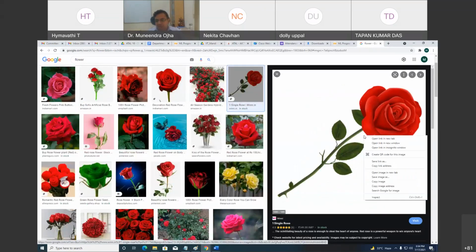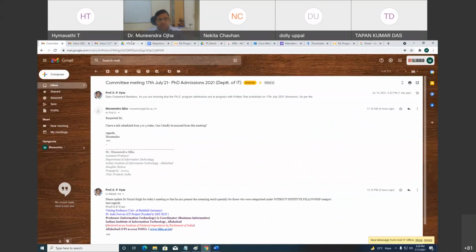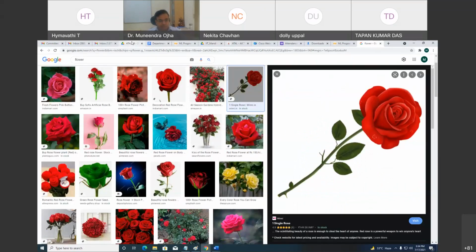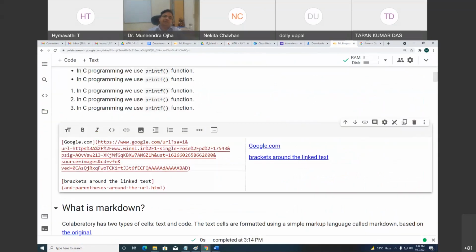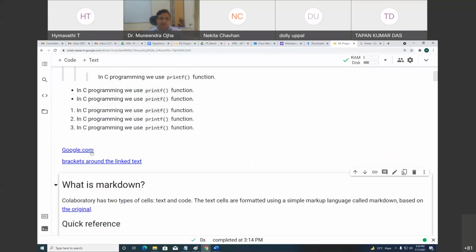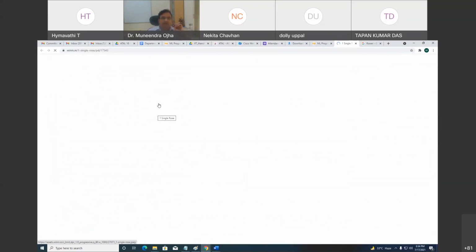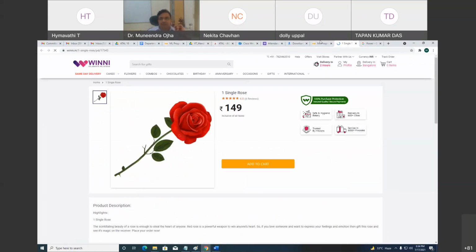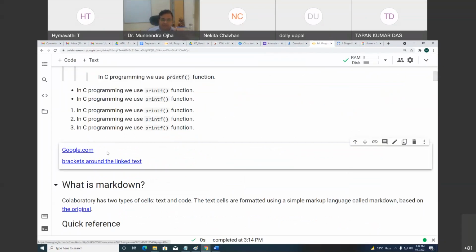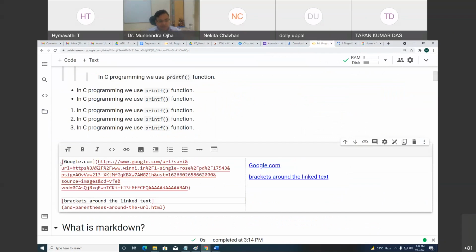Let me get the link of it, and in place of google.com, I'll paste the link. However, you see on the right-hand side it is still showing google.com, and if I click on this link, it will open a new tab, and in that new tab it will open that image. But I didn't want that. What I wanted was to show that image in here only. For that I just need to do something extra. I need to put an exclamation mark.